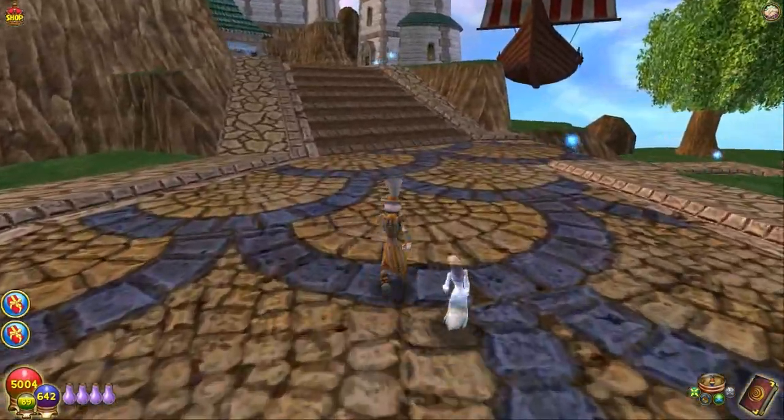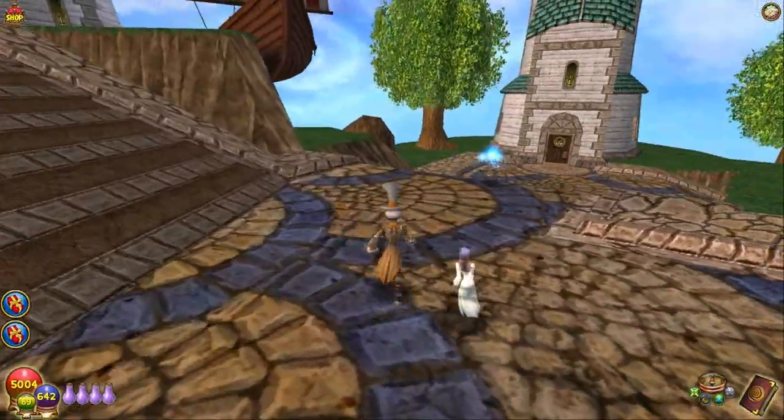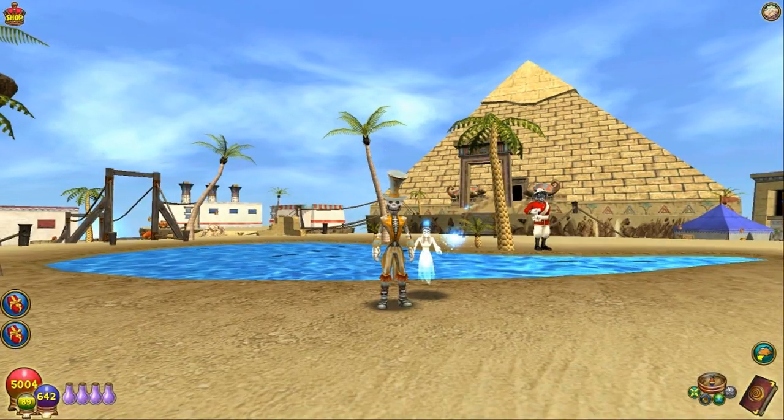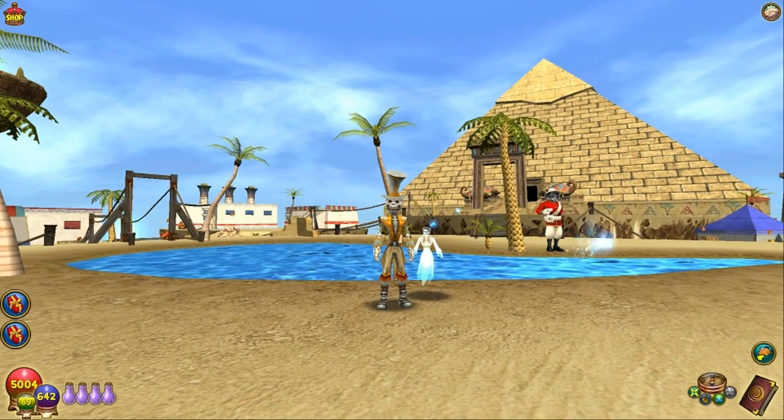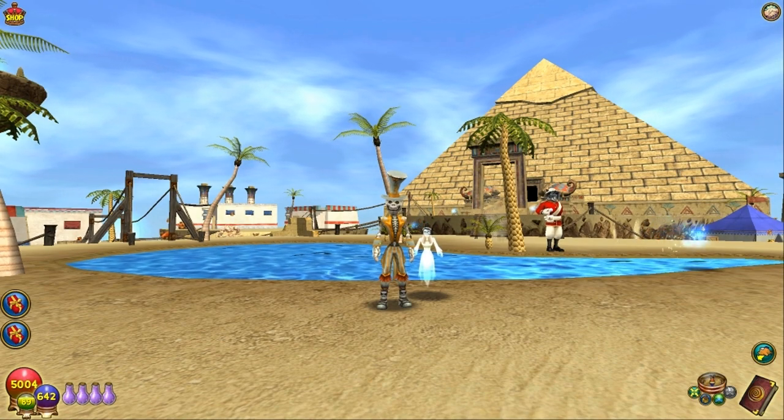All right, that is number 5. Let's go ahead now and go to number 4. Now, as you may have guessed from my location, the number 4 most favorite spell to pet is going to be...